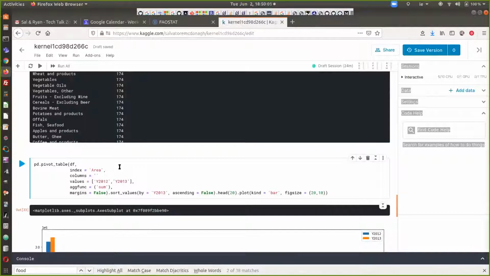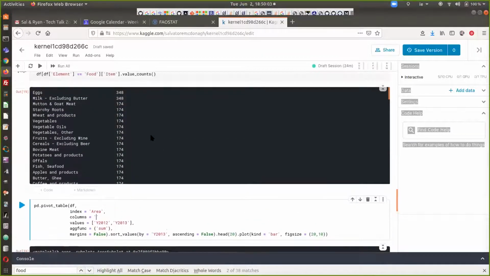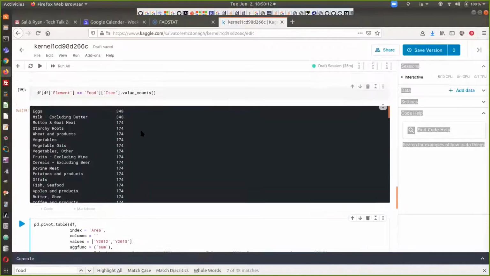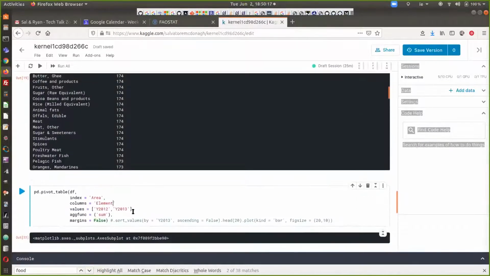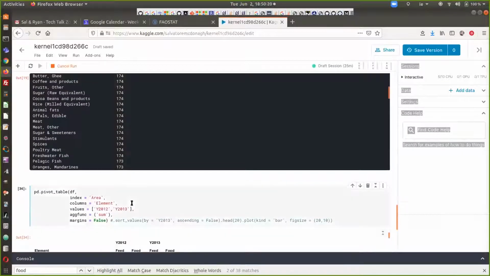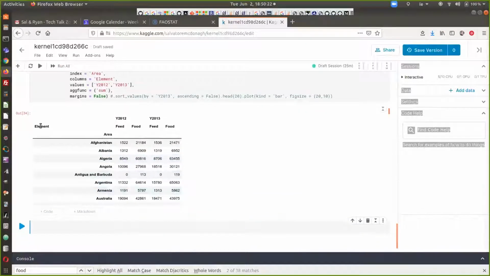What columns let you do is add a further dimension to this. I'm just going to get rid of that so that we can look at what the table looks like. Let's have a look at this by element. And what do we get? Now we get food and feed for each year by country. And we can again sort the values by 2013, but now this will actually break if we try and